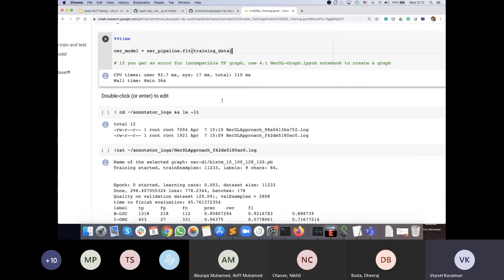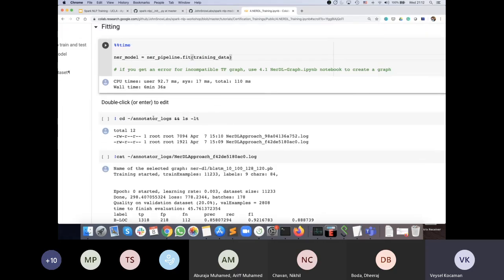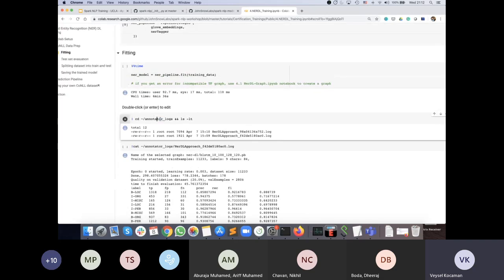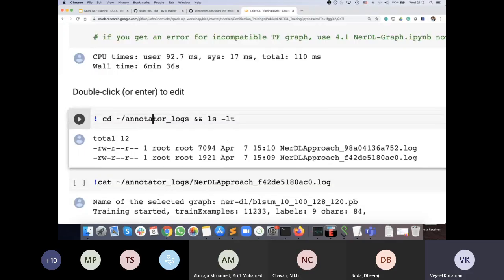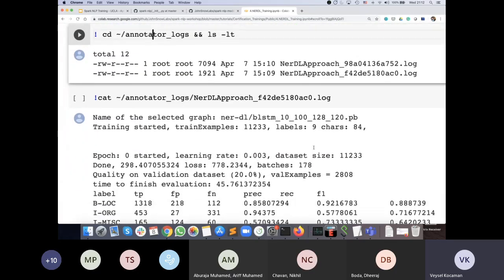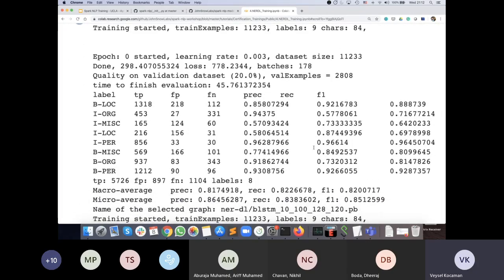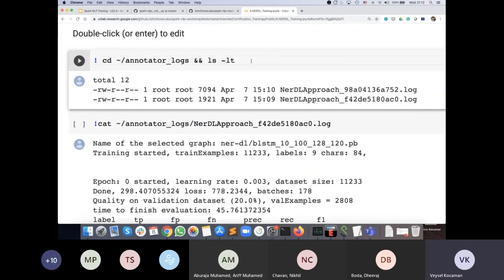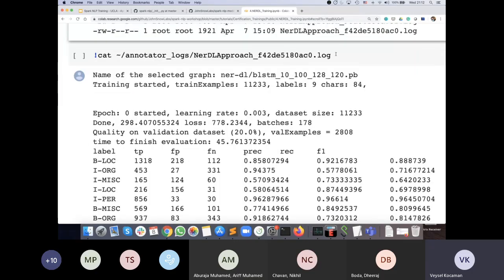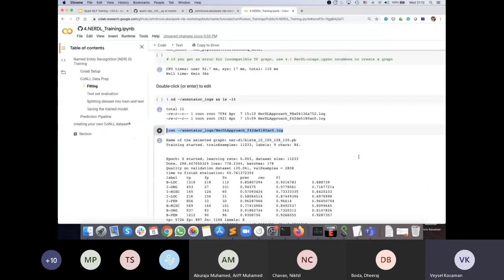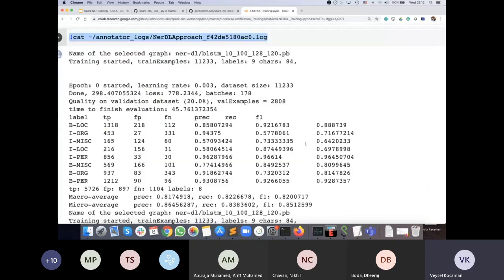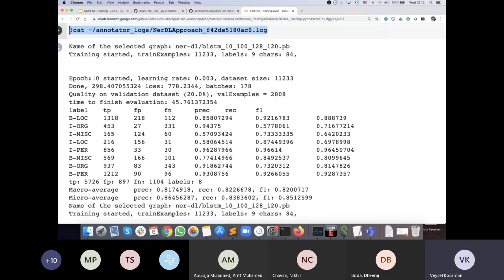Okay, so when you train this, there will be a folder created in your home folder, which we call annotated logs. In annotated logs, you will see the training logs, and in the training logs, you will see these parameters. I just cd into that folder and then read the logs. When I read the logs, I see that the first epoch is started, and this is my data set size,